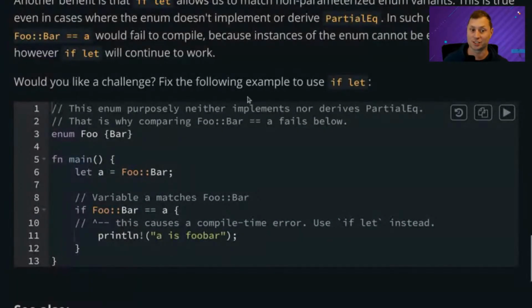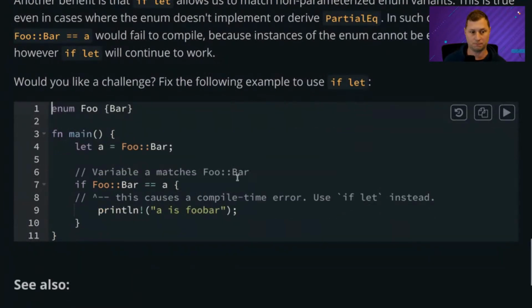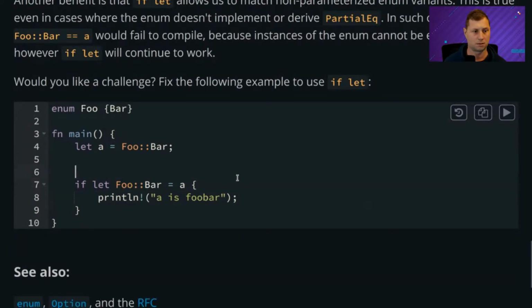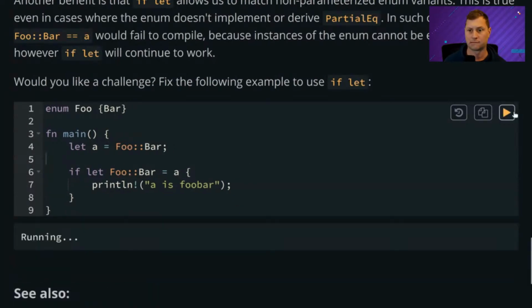Would you like a challenge? Fix the following example to use if let. This enum neither implements nor derives partial equality. That's why you can't use double equals. So if let... ta-da,